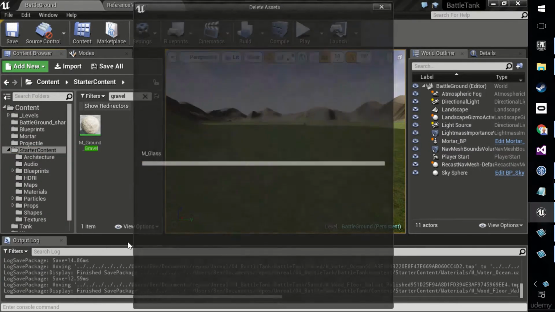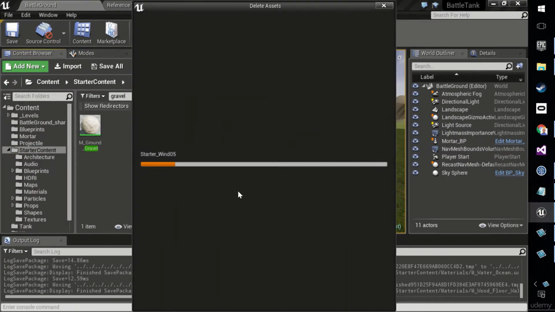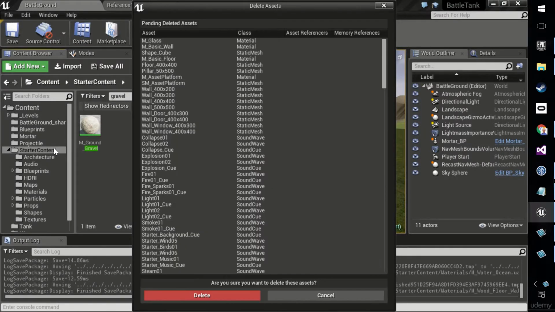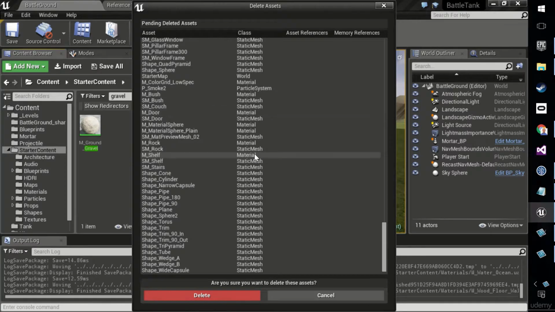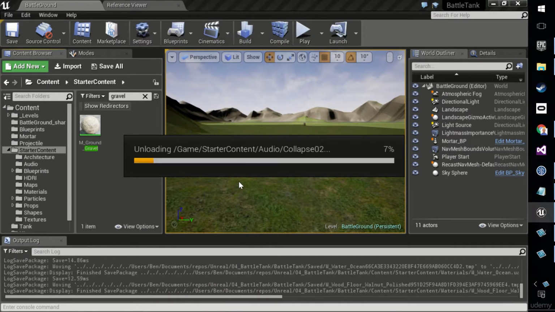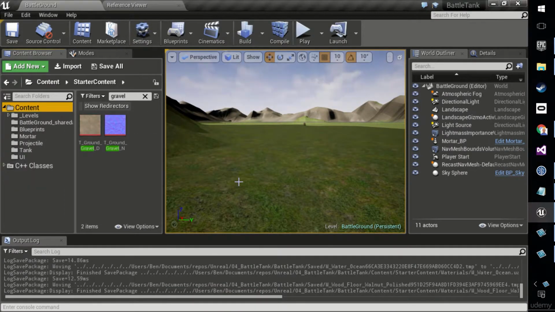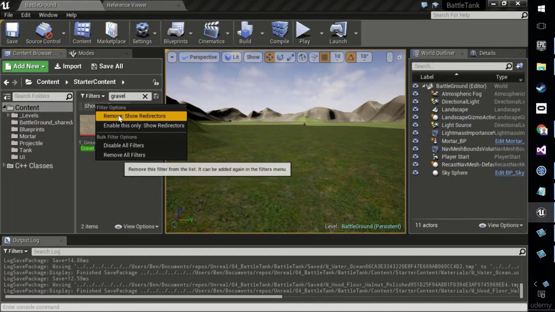So now if I delete the starter content, finally, with the redirectors gone, we should be in a position where we have no starter content and all of our stuff is nicely put away with the assets that need them, like the rust with the mortar, etc. Now, you may want to separate your assets out differently as your project gets bigger, but this is a great start. Yeah, this is the thing we want to get to, pending deleted assets. So let's delete all that. So unloading everything, deleting it, and no more folder that's talking about starter content. Great,